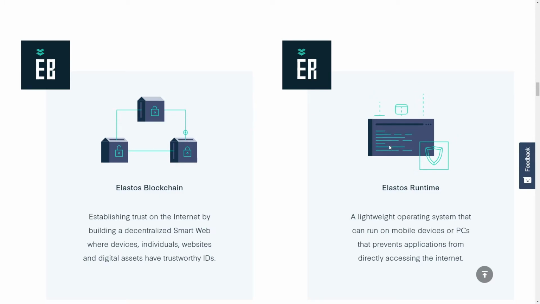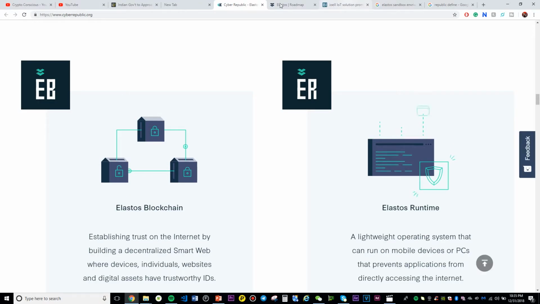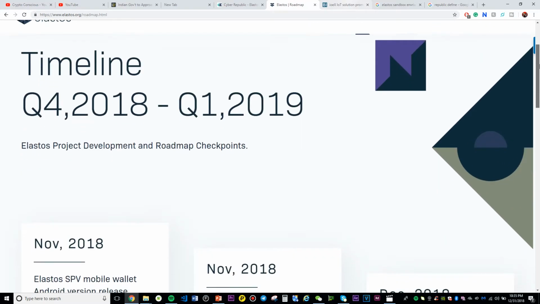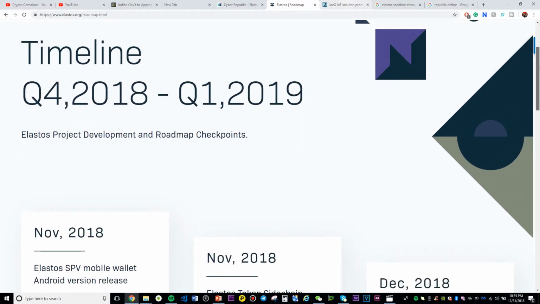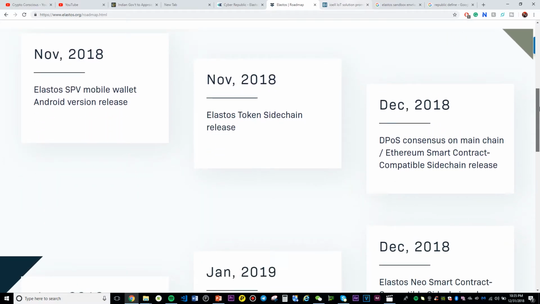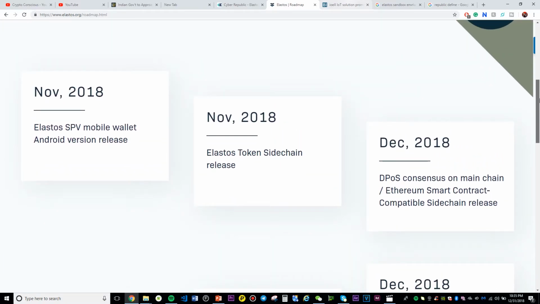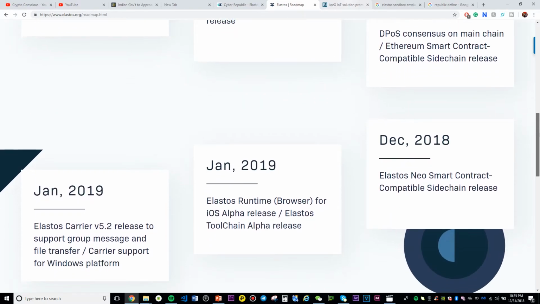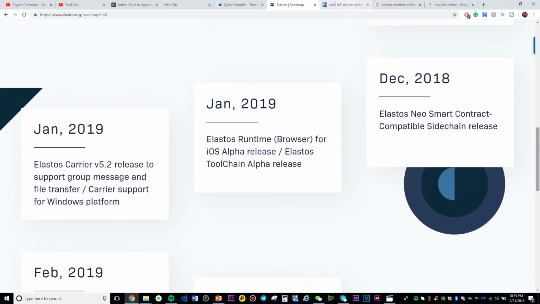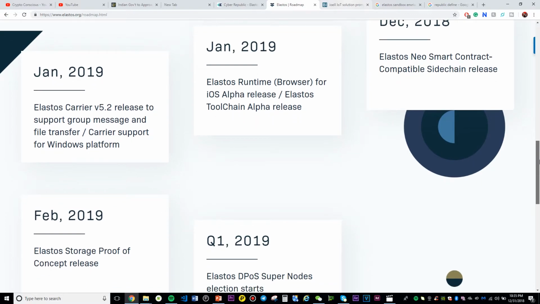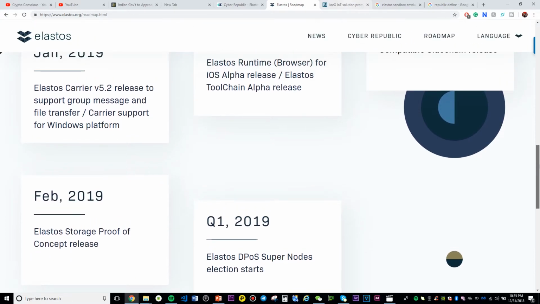So let's look at one of the most promising projects on Elastos. Oh, before we do, let's look at the roadmap. Q4 2018 to Q1 2019. Back in November they released their SPV mobile wallet for Android. For the first part of 2019, it looks like they have a pretty busy schedule.